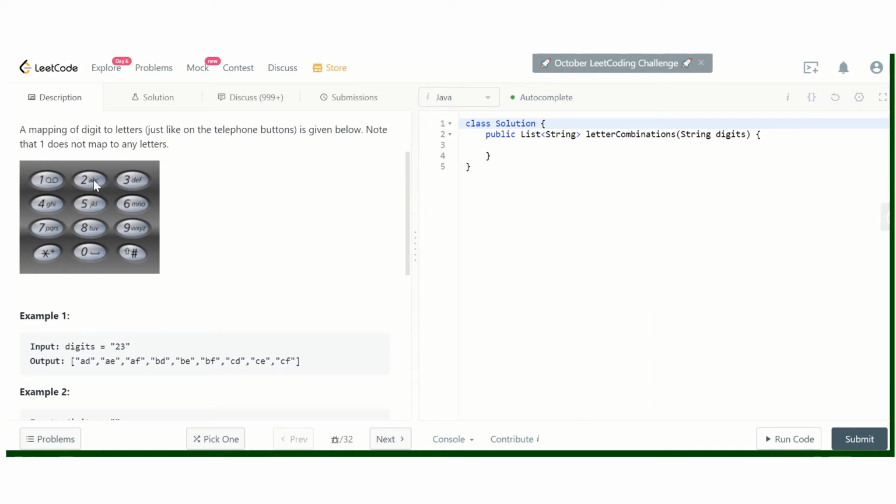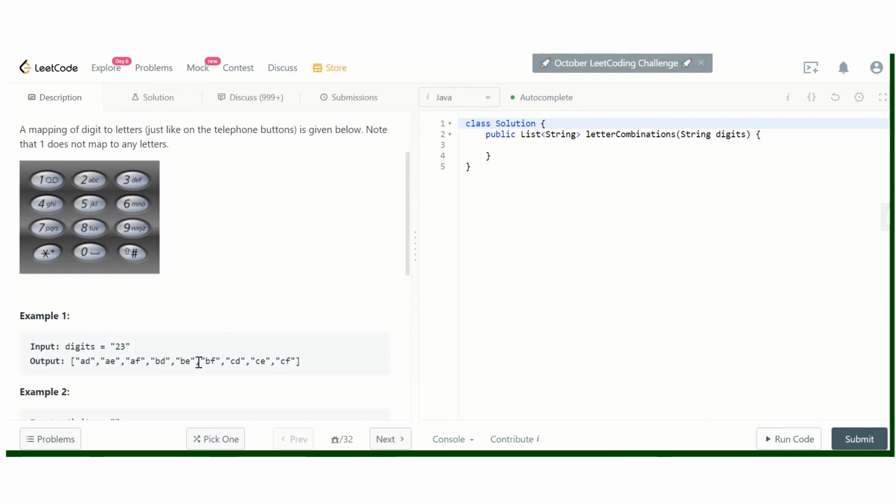Now we have completely explored these three characters. So again we will replace 2 with b, and then again go to 3. Then again we will consider the three options d, e, f, and when these three are taken into consideration, our output strings will be bd, be, and bf.